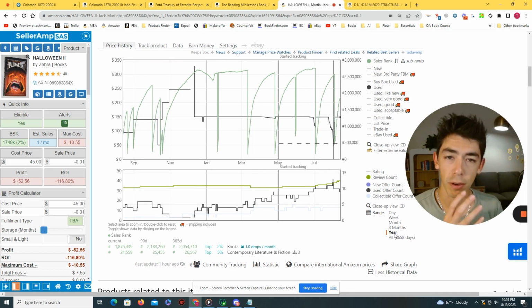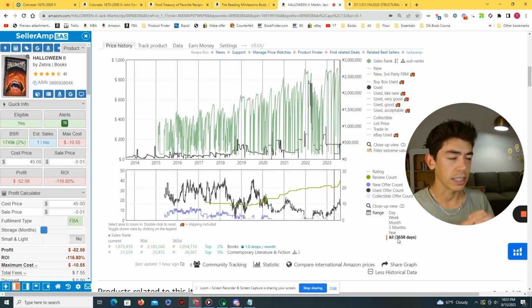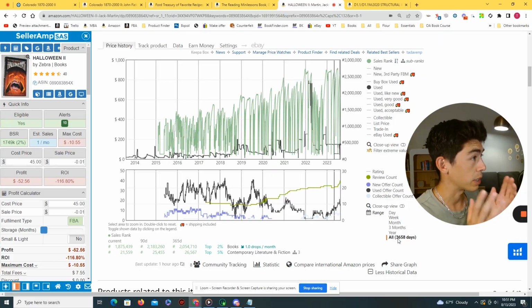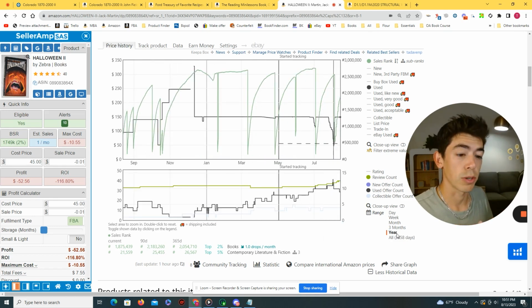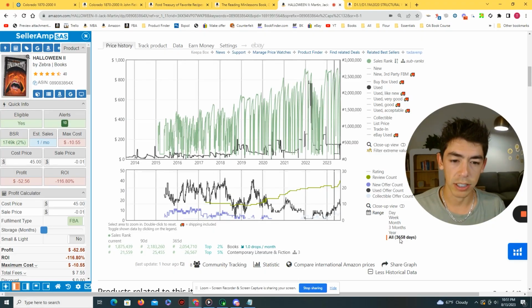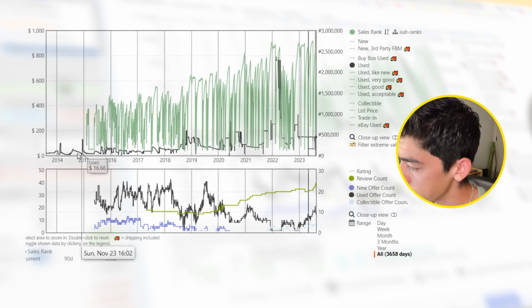Okay, the third very powerful tip I have for you to become a Keepa Pro is to expand the entire historical selling history of any book on Amazon. And you can do that easily down here in the Keepa chart. So right now I'm defaulted to a year view, but we can look at the entire length of time that book has been listed on Amazon and has been tracked by Keepa. So this book specifically has been tracked for 3,600 days. And we can get a lot more information about this book if we look at that much data versus just a year, right? If we click this 3,658 days,